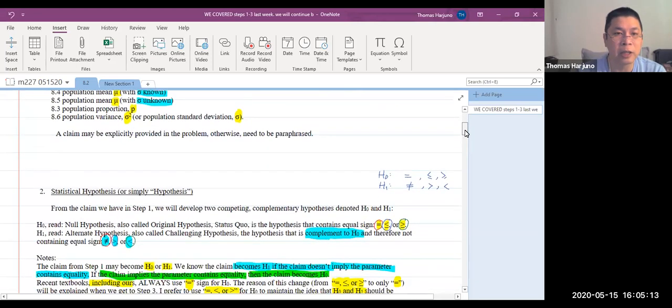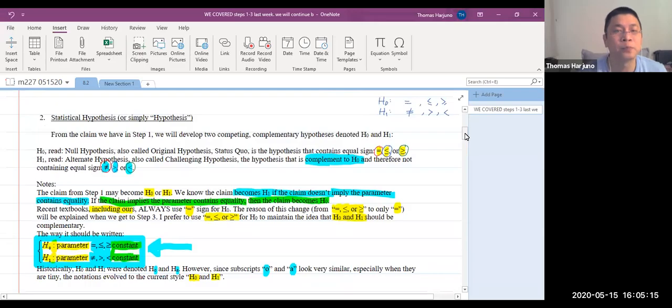The claim may be explicitly provided in the problem, otherwise it needs to be paraphrased. Then in step 2, from that claim, we develop 2 competing complementary hypotheses, denoted by the null hypothesis and the alternate hypothesis. And the hypotheses will be written